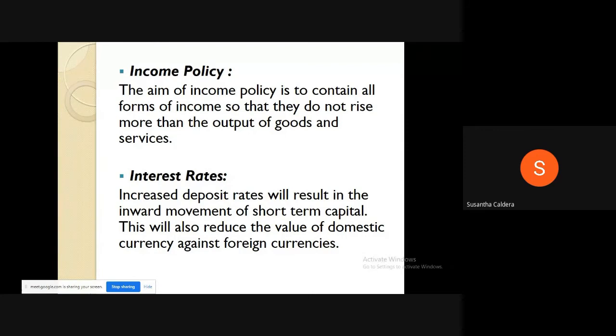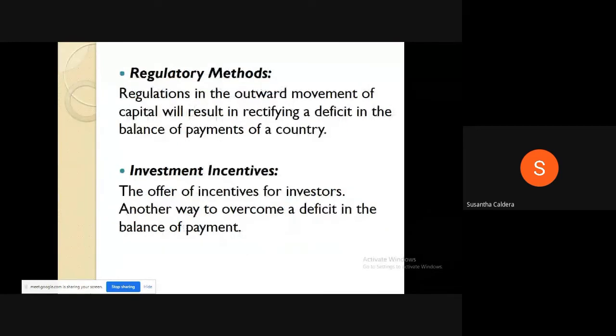Interest rates increased, deposit rates will result in the inward movement of short-term capital. Then this will also reduce the value of domestic currency against foreign currency, right? Regulatory methods, regulations in the outward movement of capital, will result in rectifying a deficit in the balance of payment